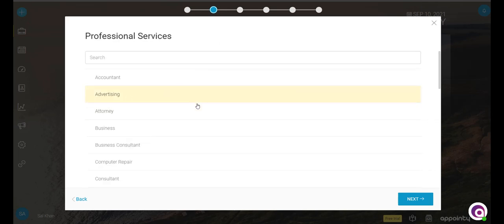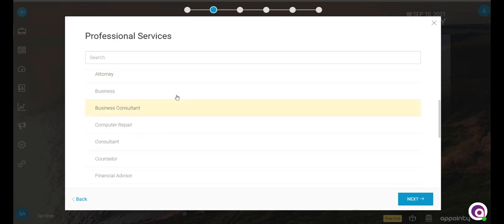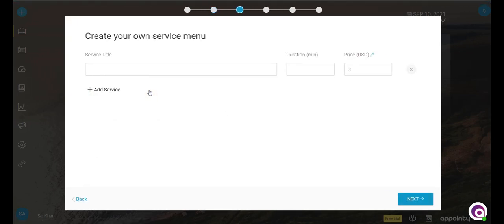Then it's going to ask you what exactly is the service name. So I'm going to put in business. Then it's going to ask you the service title. Now the services are what type of appointments the customers can book. These services can later on be edited from the interface. You can add more, remove the current ones, and you can edit those as well. So I'm just going to put in test service. The system is going to ask you a duration, so I'm going to put in 30 minutes, and then